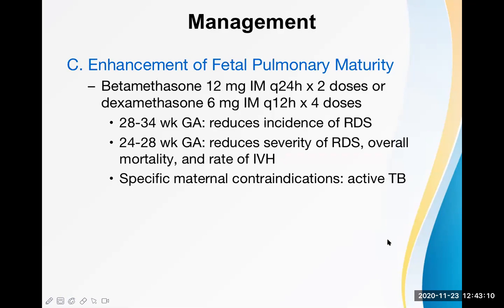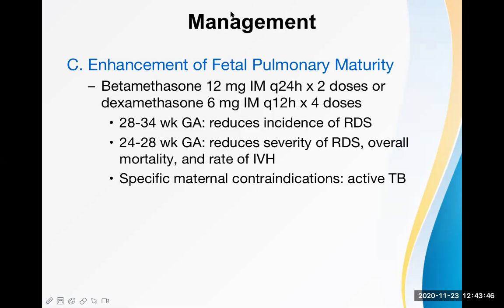Now, the third important type of management, the medicine which we give here, is betamethasone. A third important step in the management, I should say, is betamethasone. Now, I already explained the purpose of giving betamethasone here. It is to enhance fetal lung maturity. After the fetal lung is matured, even after the delivery, the baby is safe from respiratory distress syndrome, also known as hyaline membrane disease.